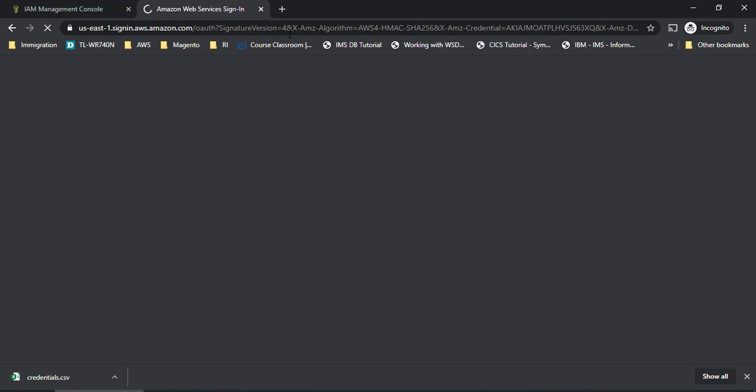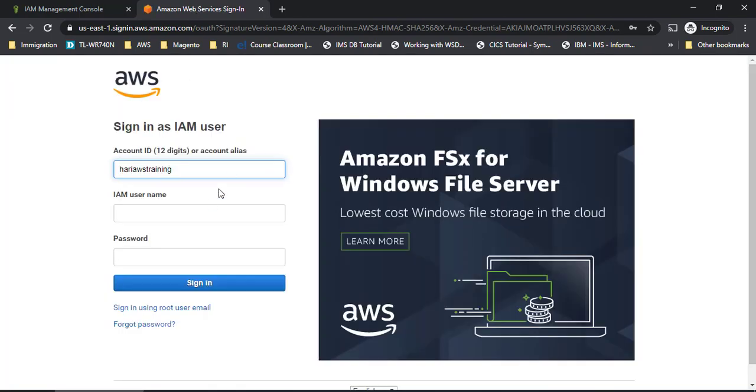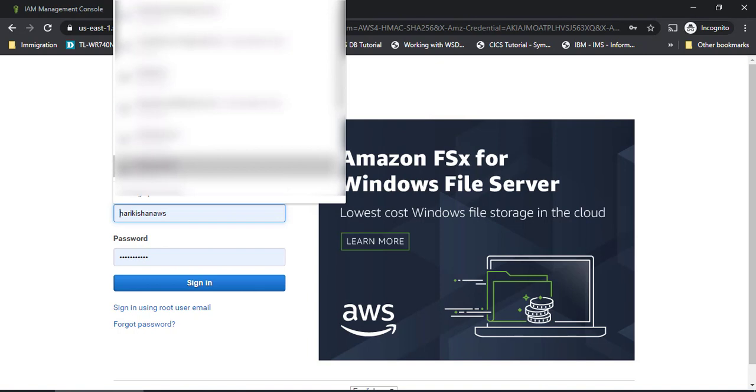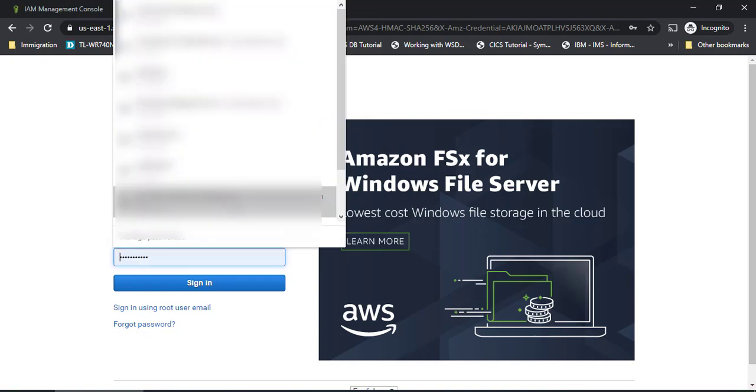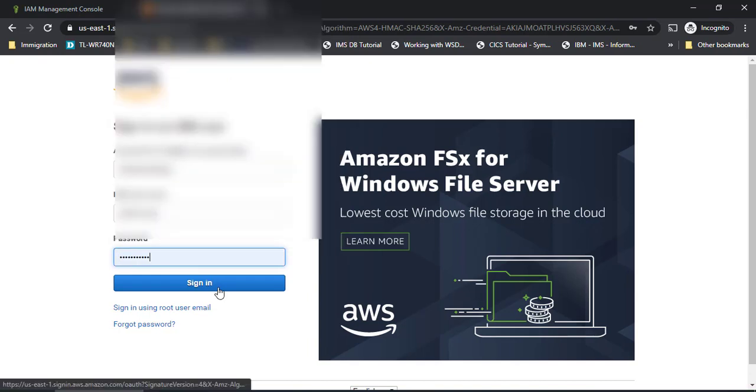It is only used for getting billing related information and related things. But for now I am going to use this admin account which has almost equal access as the root account. I'm going to sign in as IAM user. Now I am going to give admin-user. This is the user ID which I have, and this is the password which I have set.